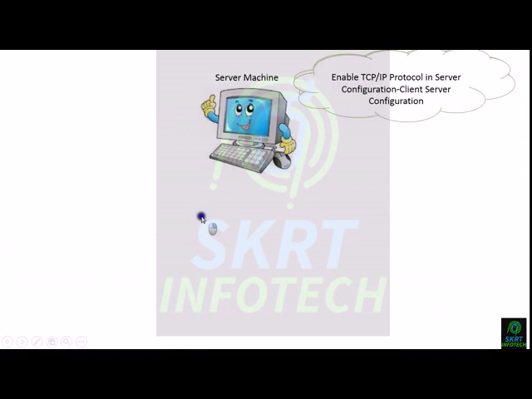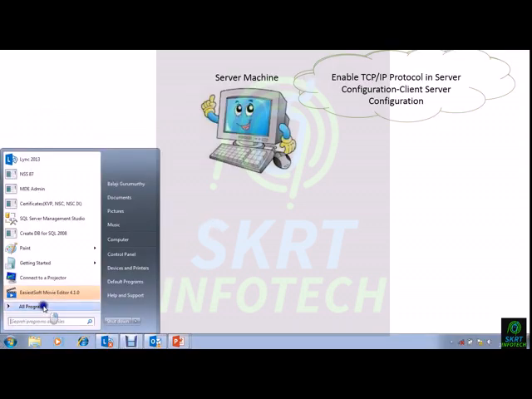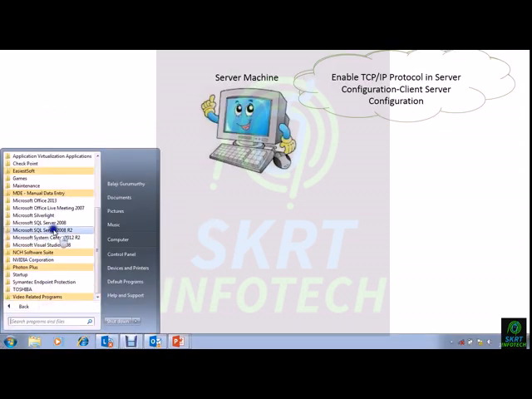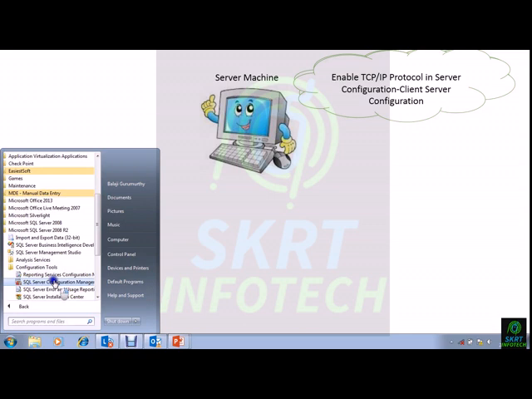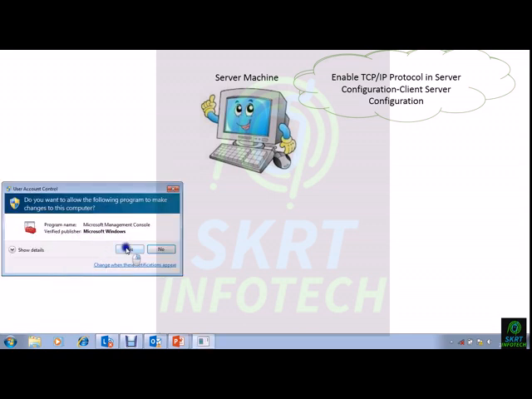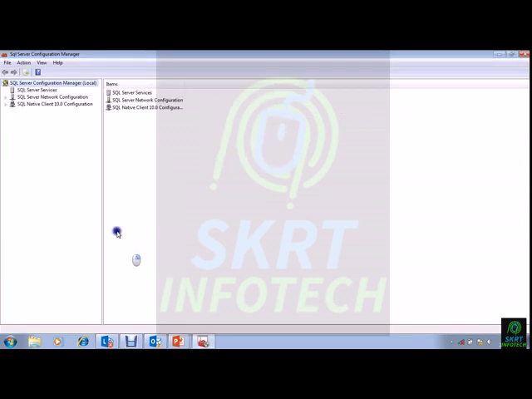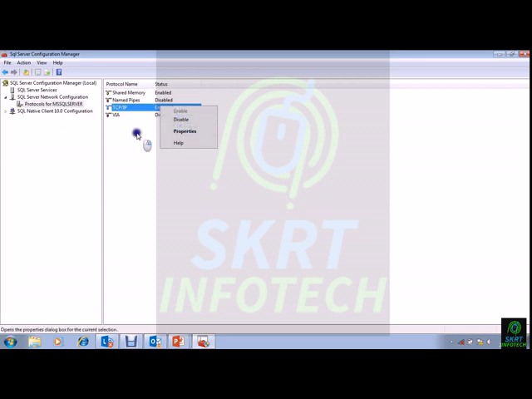I will repeat this step: you come to configuration tools and then SQL Server configuration manager. You have to click on yes. You will be brought to this screen wherein you have to go to protocols. Now this TCP/IP, if it is disabled, you should enable it, and you should restart the server.